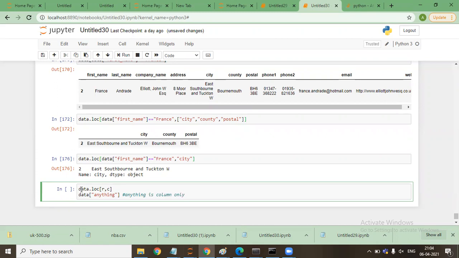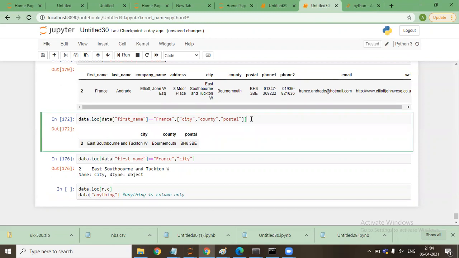Okay, when I say r comma c, I need to provide in this format a row comma column, then I need to specify either loc or iloc. So that's why I mentioned loc here. I say data first name is equal to friends, city, county, and postal needs to be selected.